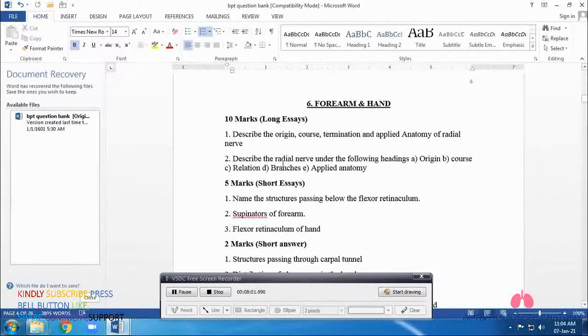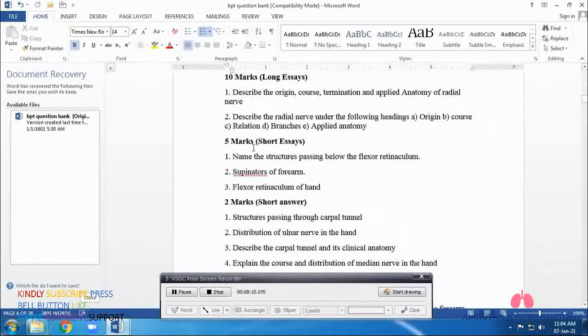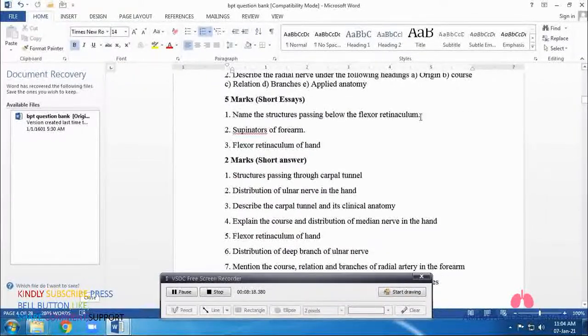So the next one is a 5 marker. Name the structures passing below the flexor retinaculum. So here flexor retinaculum can be asked as a 5 marker, flexor retinaculum itself. Where you have to mention about, if flexor retinaculum is asked, you have to mention about the attachments of flexor retinaculum